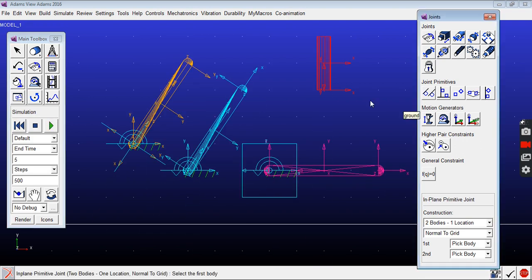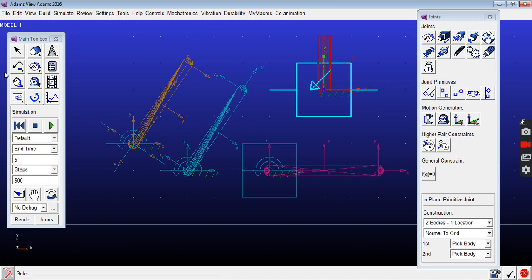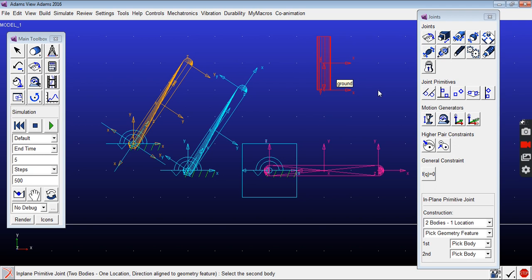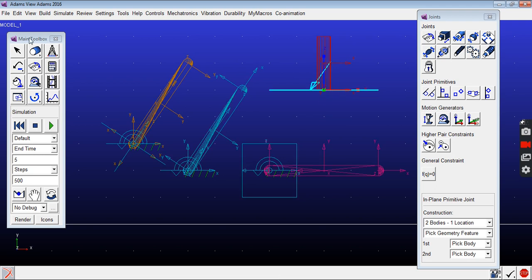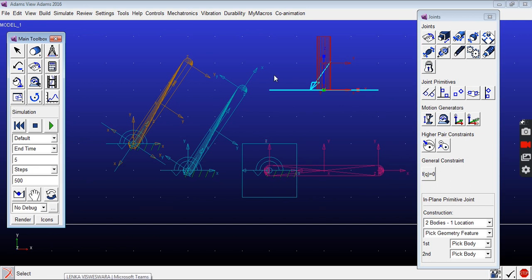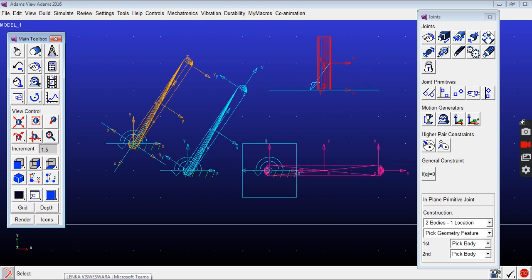What I want is, I want to keep it with respect to this plane only. Sorry, you have to select the geometry. First part, second part location, and here this direction. That means it won't fall now. At particular direction, only 1 degree of freedom will be arrested. Remaining all 5 degrees of freedom are currently present in this assembly. So this is very user friendly to arrest each and every degree of freedom.